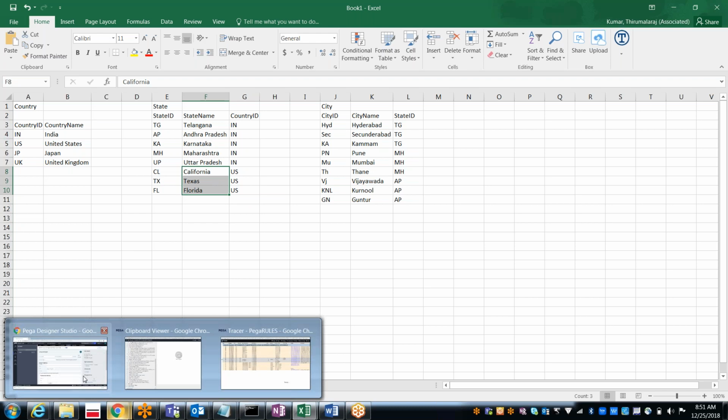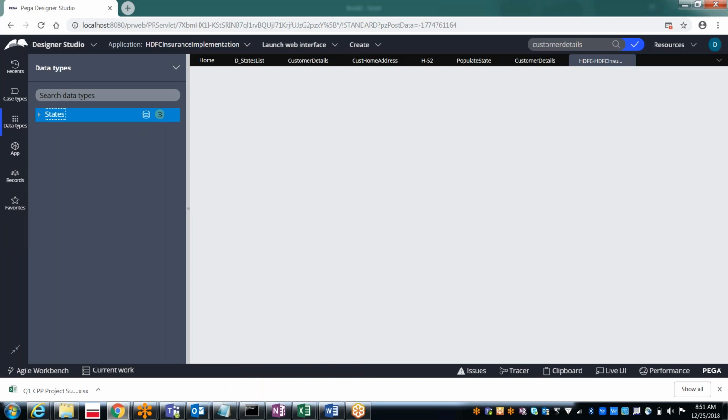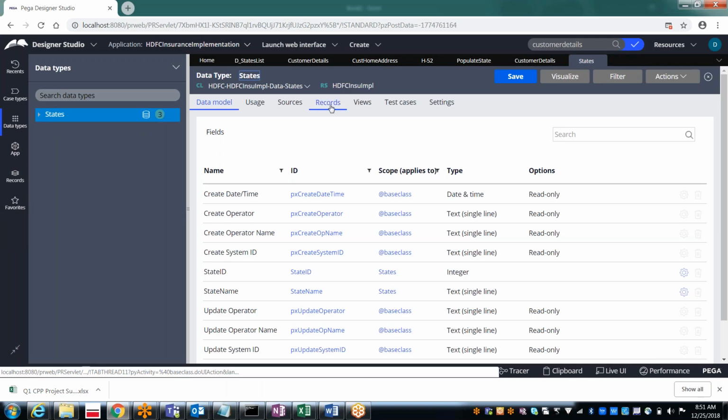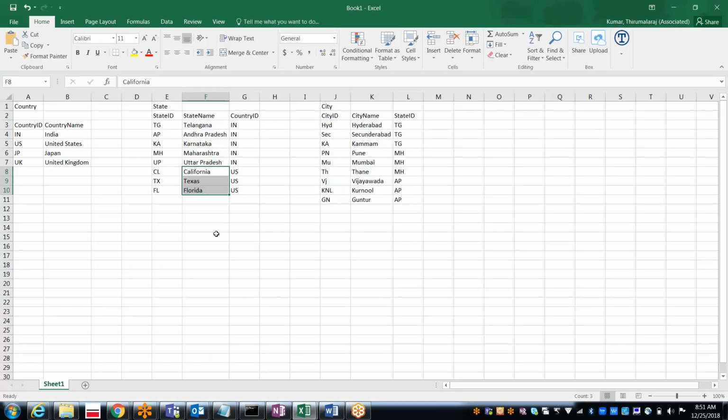Earlier we created one data type, states, right? In the records, what we have is state ID and state name. But here, what have we given for the state ID? 1, 2, 3, 4, 5, 6, 7 like this. So will it meet our requirement?